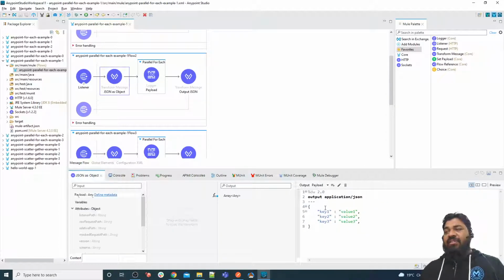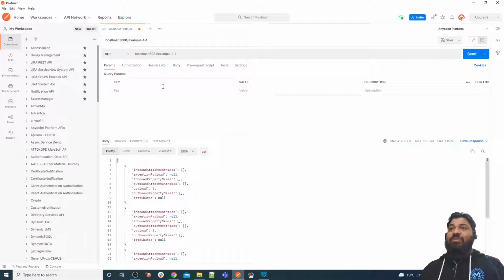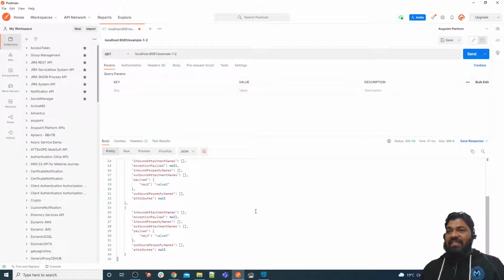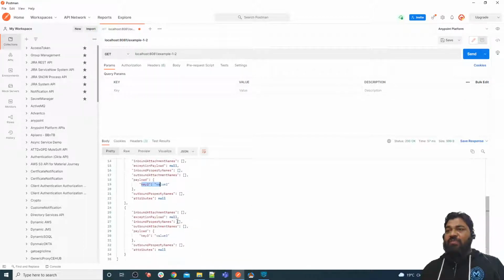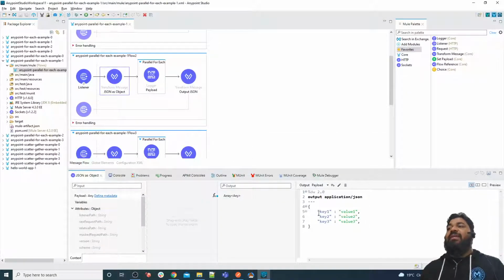As you can see, there is no array or list, we are providing a simple key value pair. So this is a question to you. It is accepting this object into parallel for each. If it is accepting, how many elements is it going to process? Let me show you. As you can see, it processed 3 elements, key 1 value 1, key 2 value 2, key 3 value 3, because we have provided only 3 keys and values. So it is a key value pair object.